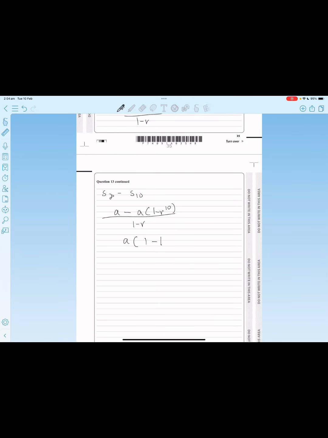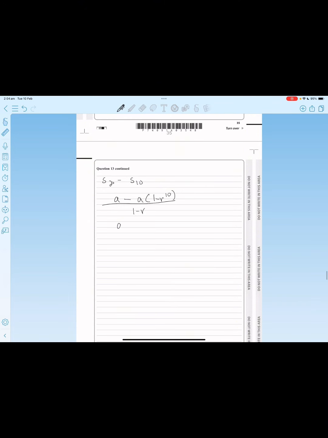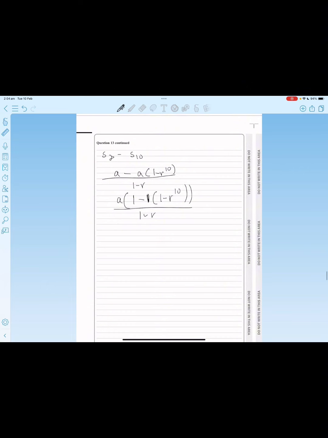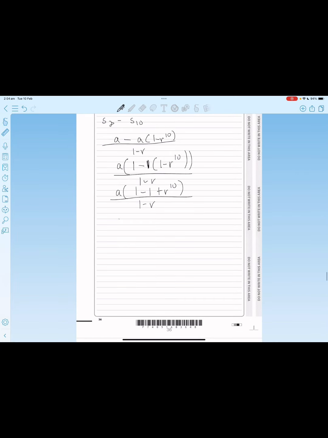Wait, actually, let me make it, this would just make it confusing. So if I do factorize out an a, I'm left with 1 minus, and then you're left with a minus 1 here, and that is 1 minus r to the 10. So therefore, you're left with, divided by 1 minus r. So therefore, you have a(1 minus 1 plus r to the 10), divided by 1 minus r. So therefore, a, and that would just be r to the 10, divided by